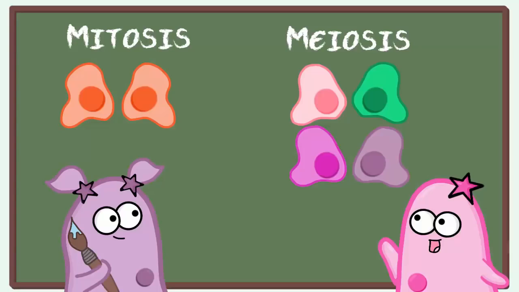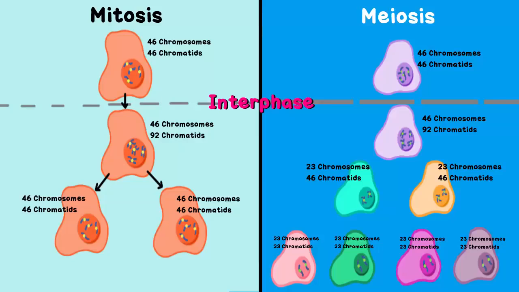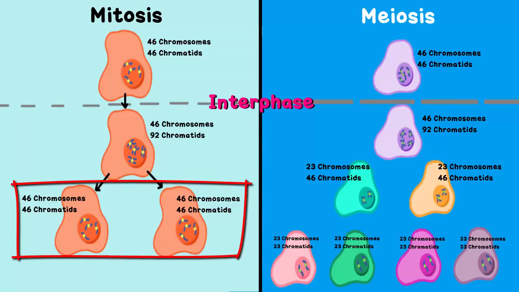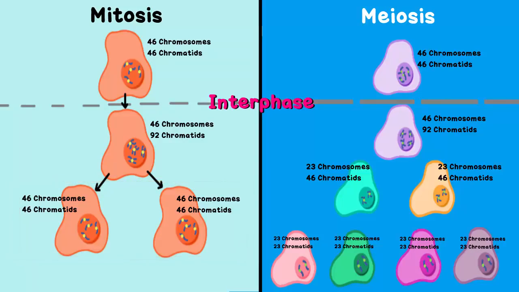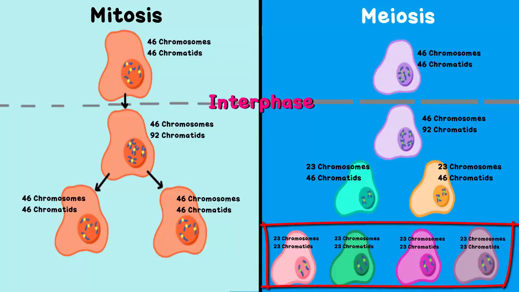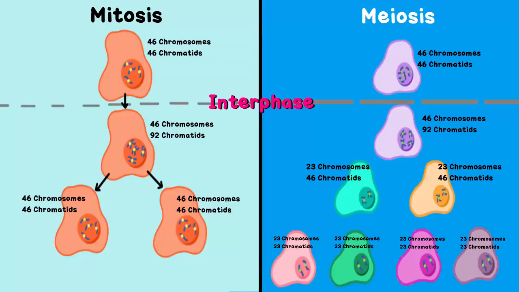Just a reminder that in mitosis, the resulting 2 cells are identical, so they have the same number of chromosomes as the original cell. So the 2 daughter cells after mitosis have 46 chromosomes and they're identical. But in meiosis, it's a reduction division. The 4 daughter cells have half the amount of chromosomes as the original cell. That's why each daughter cell after meiosis has 23 chromosomes. So we hope that clears it up a little bit for you. Now just remember that chromosome counting has a lot to do with the